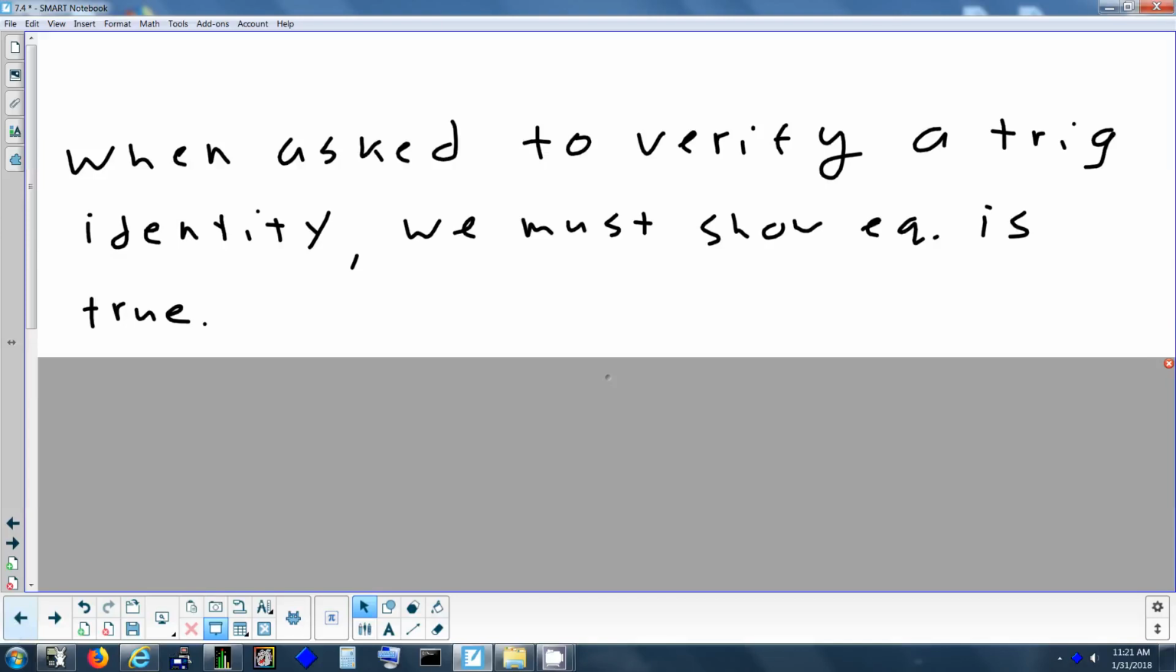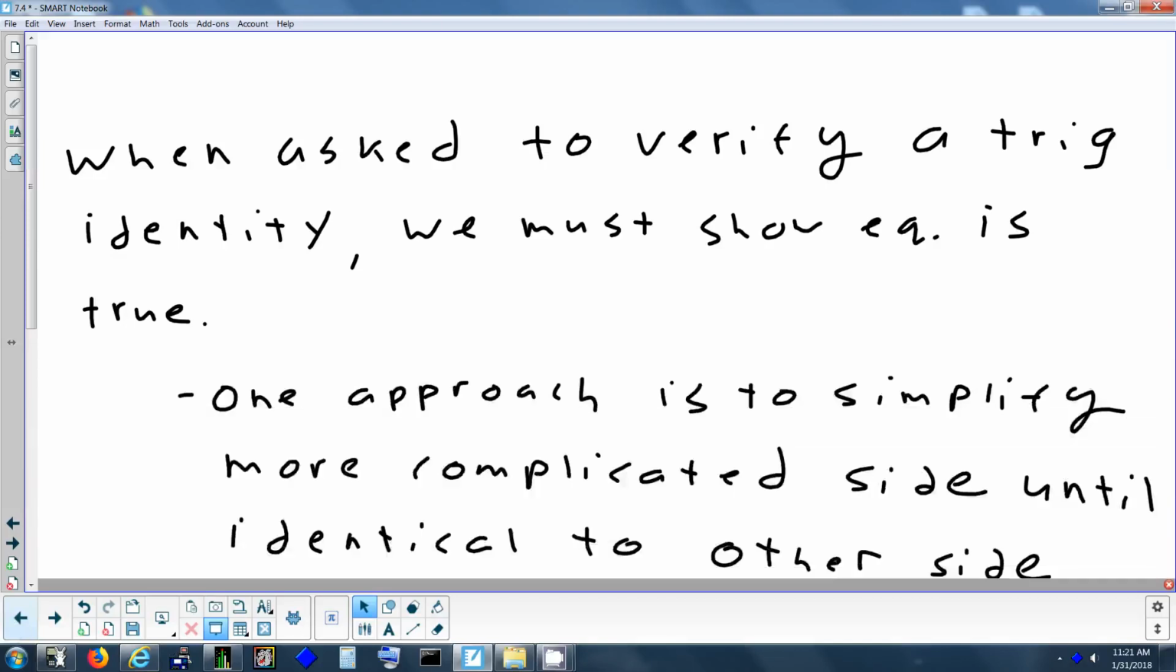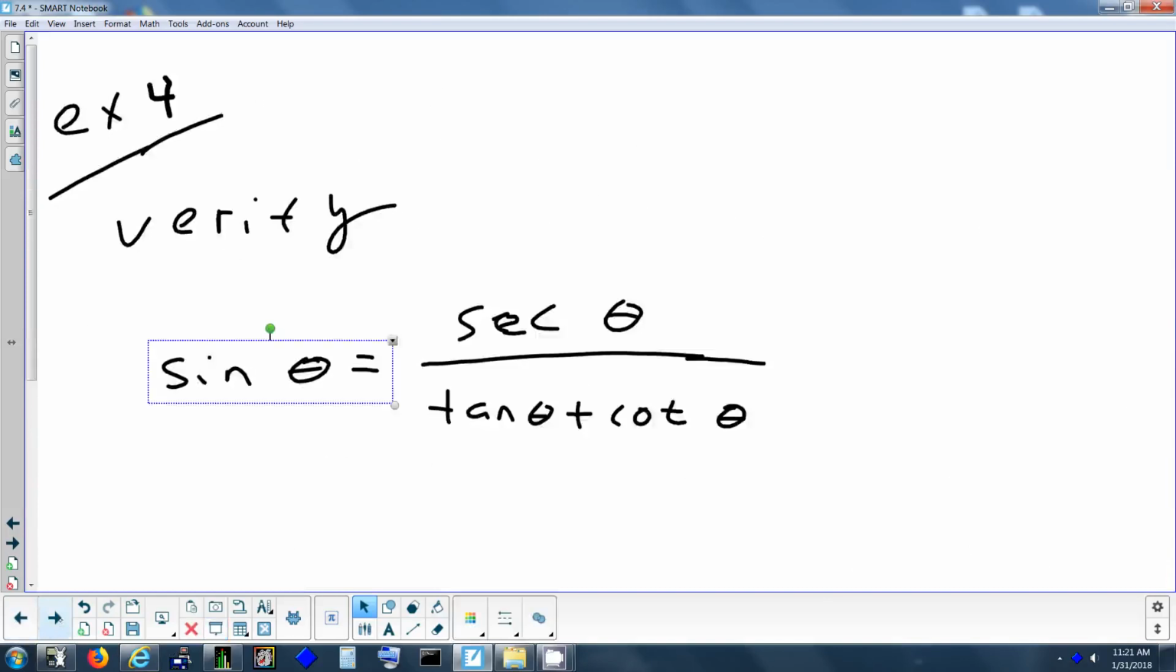And the way you show an identity is true, the way you verify it, is you just make the left and the right-hand side the same. So you just keep working with the complicated side until you're done. And the reason I say start with the complicated side and simplify it is because it's a lot easier to take something that looks complicated and try to make it simpler than it is to take something that's simple and try to complicate it. That's harder to do. Always take the side that looks more complicated, which I would argue here is the right side, and try to